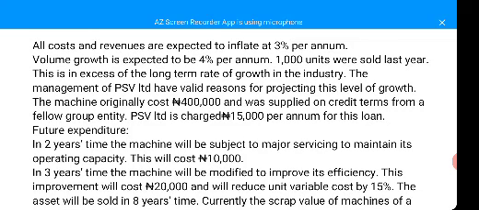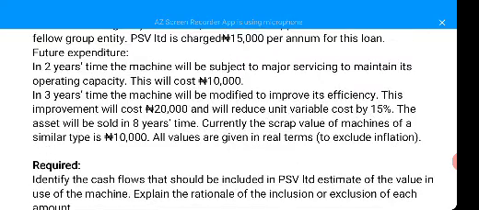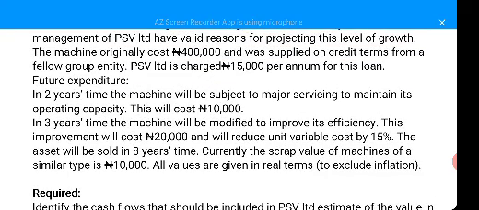While the charge of 15,000, which is the amount borrowed, the interest will be part of your what will be expense in your profit or loss account as finance cost. Always remember that your finance charge is not part of your future cash flow or your value in use and your fair value. Now we are told that in year two we are giving a major servicing to maintain its